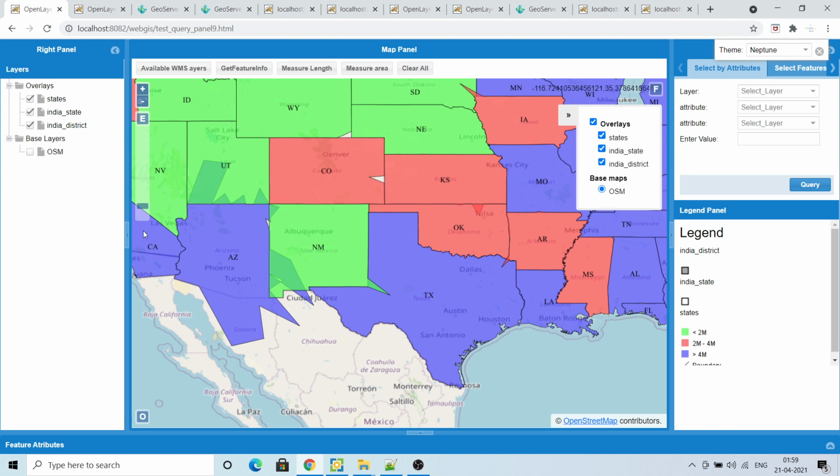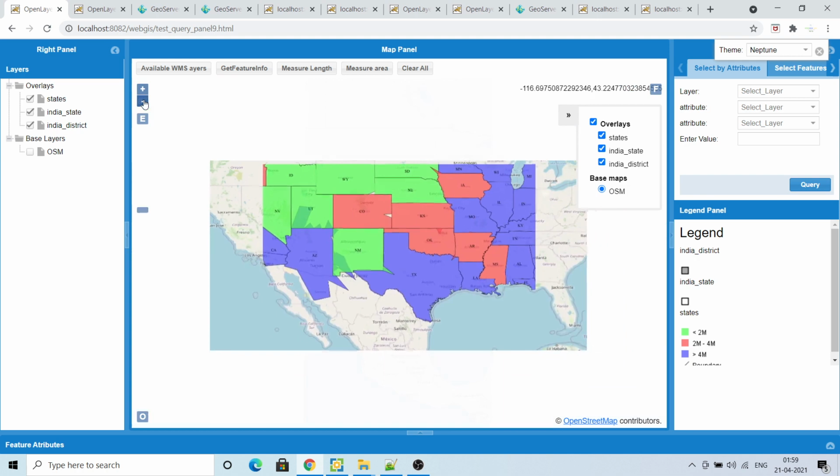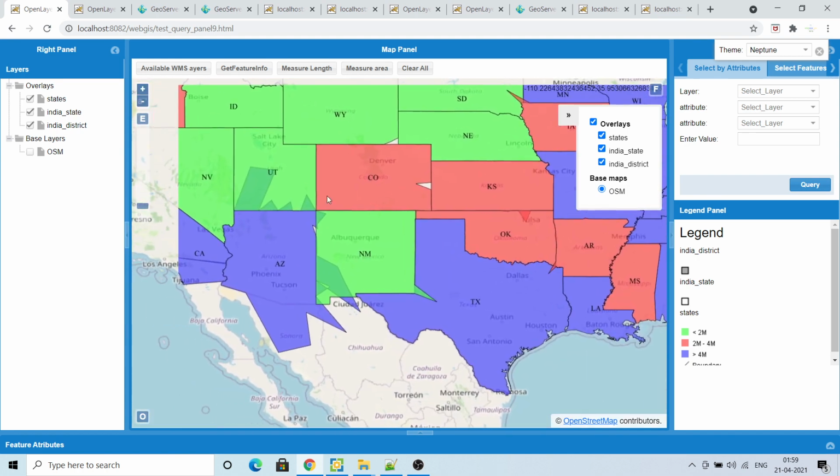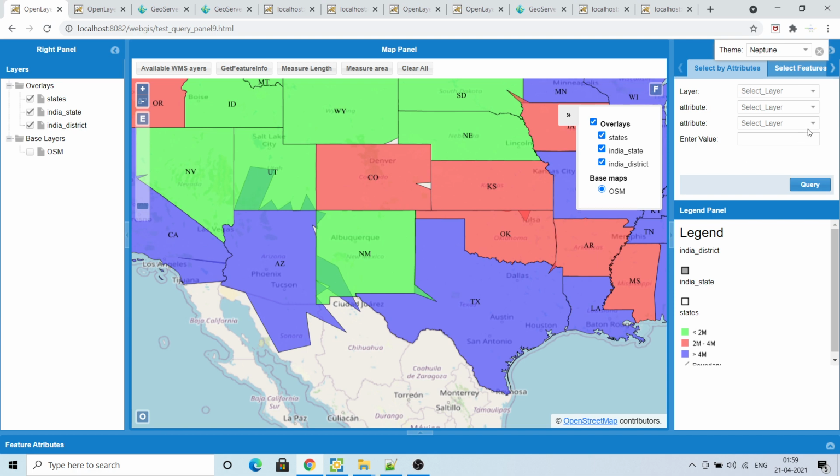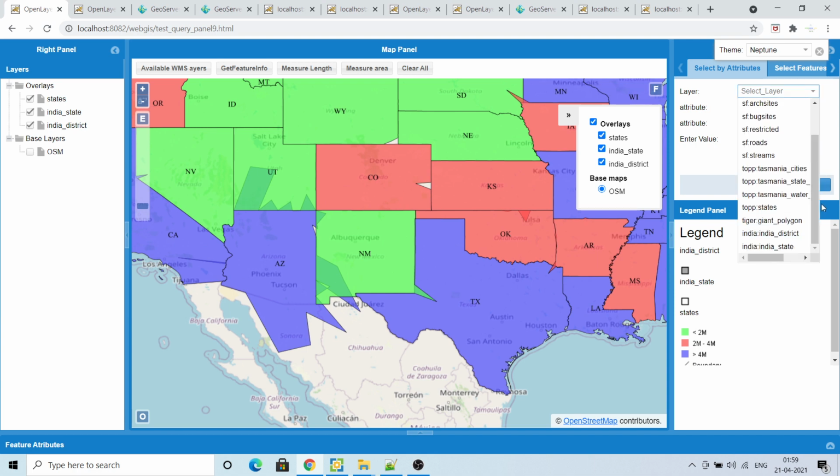So you can see in the WMS also the shape has been changed immediately. Also, if you change the attributes, it will change the color. So you can see the shape. Again, n number of times you can change this.